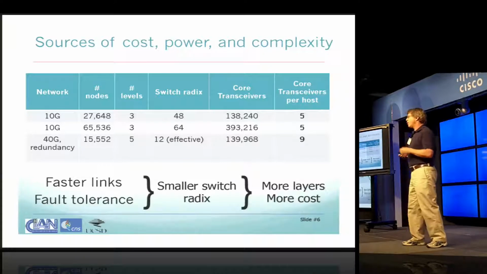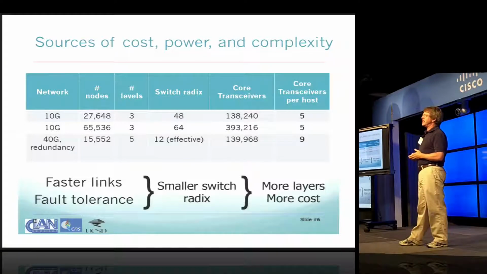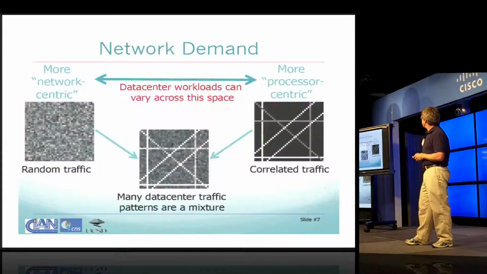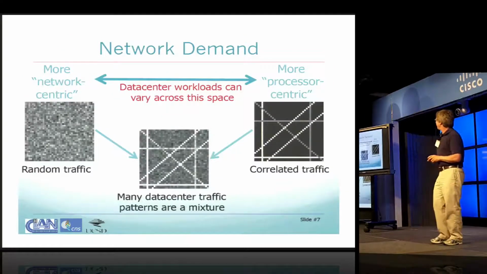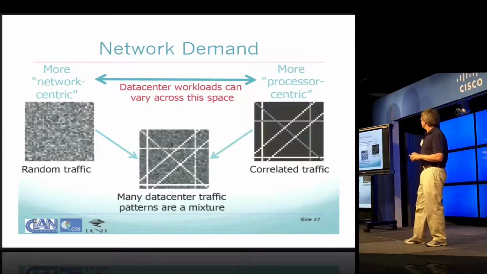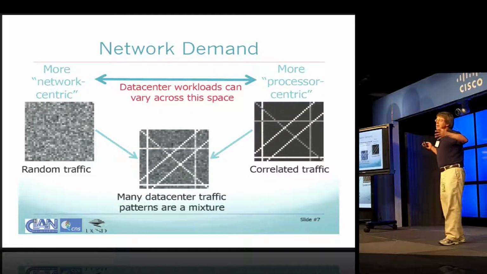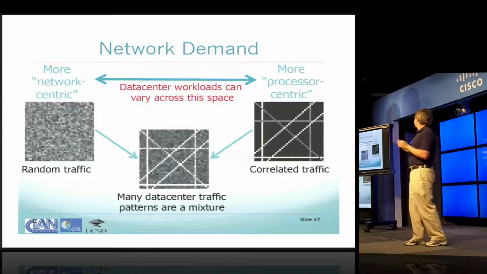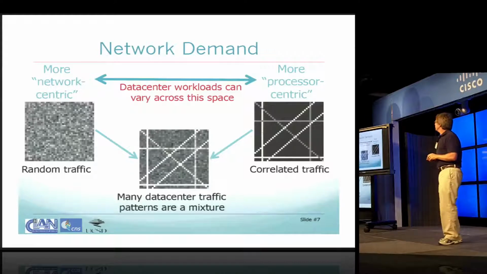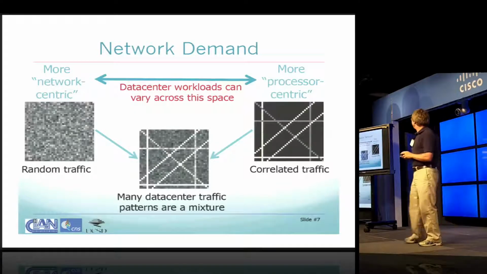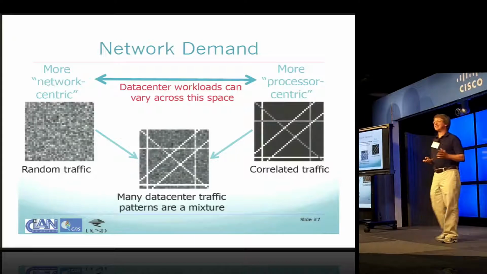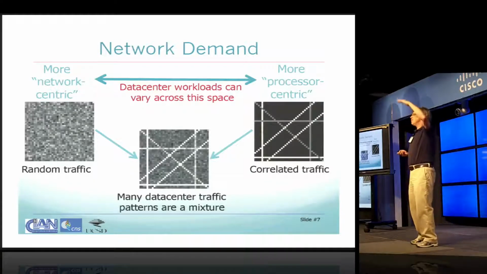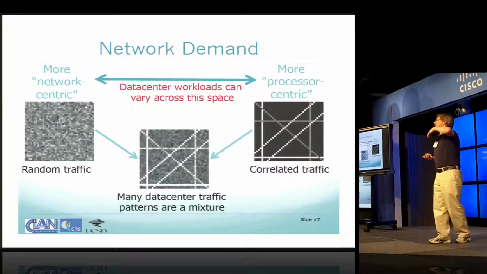data center. Another way of looking at it is to actually look at the type of traffic that is run on the network. That's shown in the next slide. This was animated. We had a little bit of a problem, so it's kind of a big blast. But if you look at the type of traffic that is run on the data center, you can very crudely classify it into, on your left, more network-centric traffic. This is very nicely behaved, well statistically multiplexed traffic that you might see at an aggregation level or above in